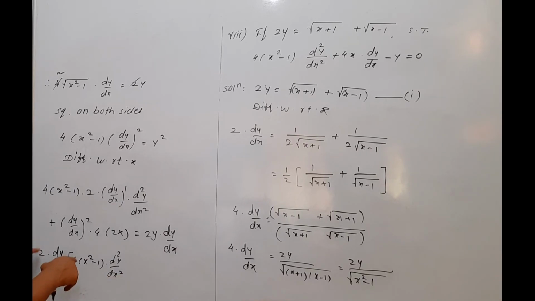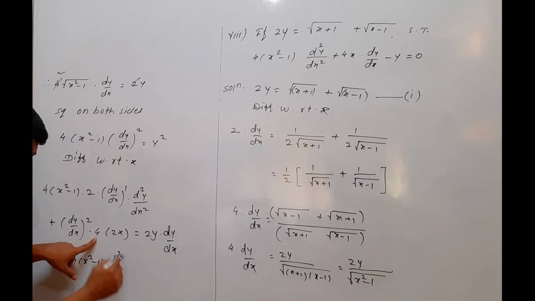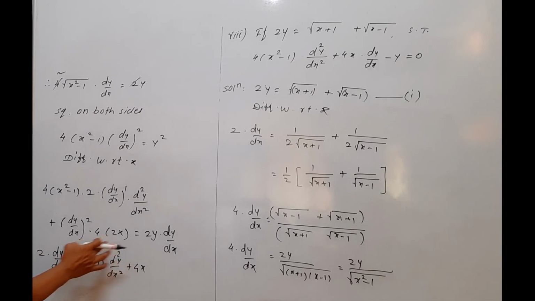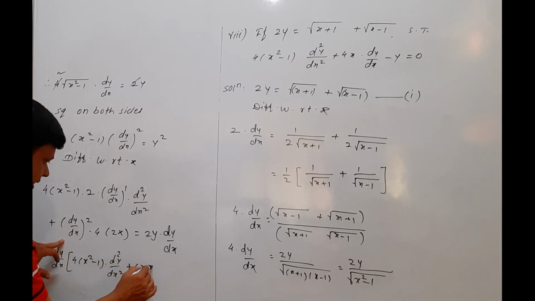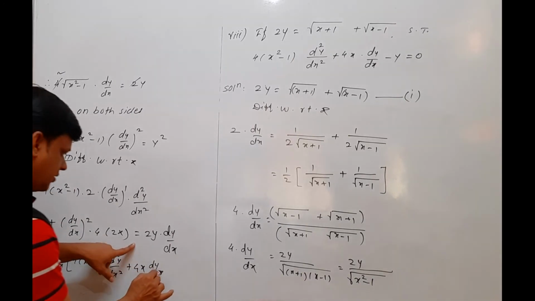Then we take 2 dy by dx common, so we write here plus 4 into x, because we take 2 dy by dx common, so 1 dy by dx is remaining here. So dy by dx is equal to